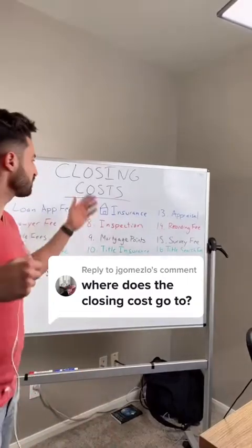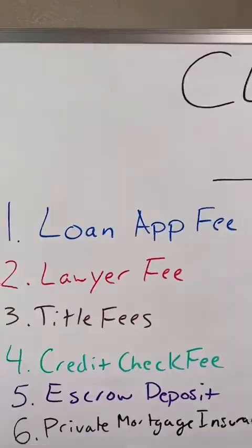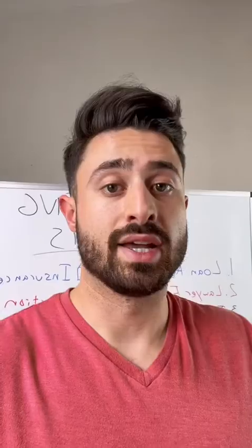Here's a complete list of all the closing costs you'll have to pay when you buy property. 1. The loan application fee. This is just a fee for the bank to process the mortgage. 2. Lawyer fee. In some states, you'll need a lawyer when you're closing on a property, like I did in